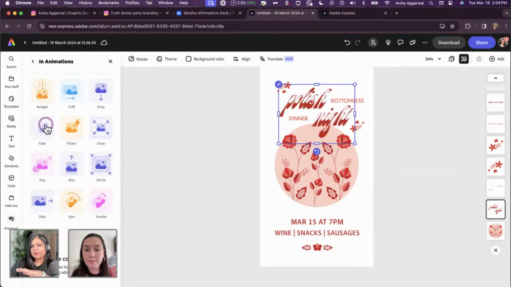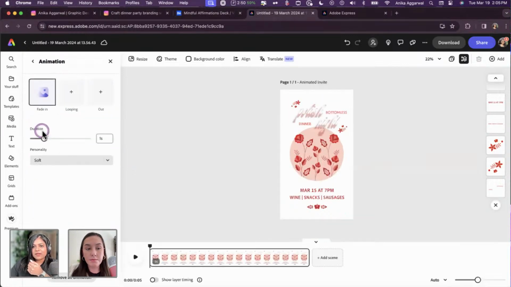Okay. I want to keep it simple. With all the animation that I'm adding, I'm only probably going to be using two transitions and keep it simple, maybe change the timing of it, because if everything comes on at the same time, you can't really tell that anything is animating. It's all relative, right? So thinking of having consistency in your design with animation, with the type that you're using, with the type sizes that you're using is important. And you don't want your animation to be really jarring. While I love all of these transitions, I only want to use two of them. So let's go ahead and use fade.